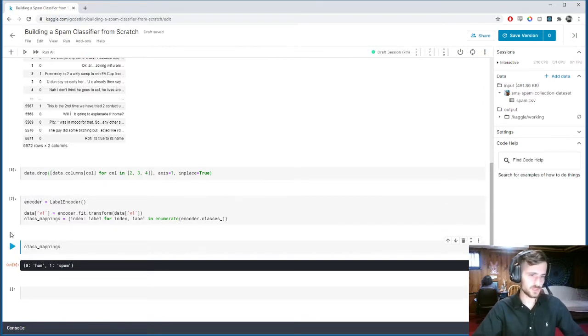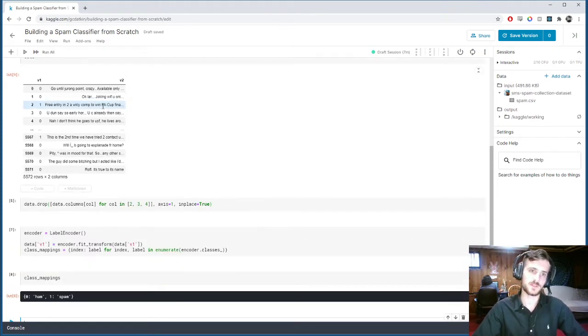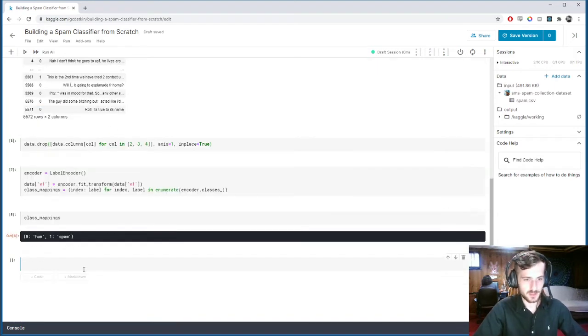Alright, so now we're going to have to define a series of functions that will help us in cleaning up the dataset and making it processable by the computer. Because right now we have a bunch of strings. We need to break it down into a feature vector that we can create a matrix out of for our x. So we'll start by creating a function that's going to take an email